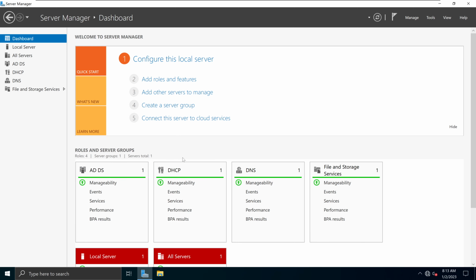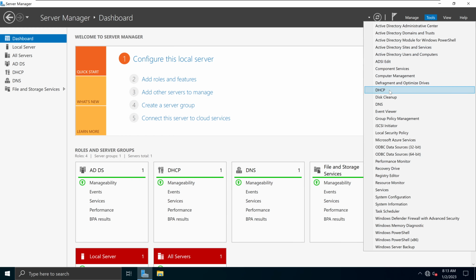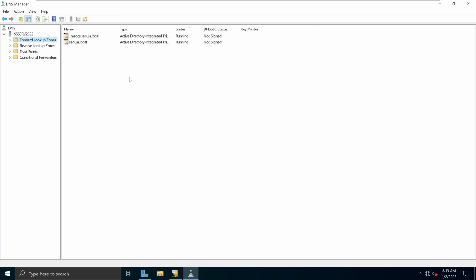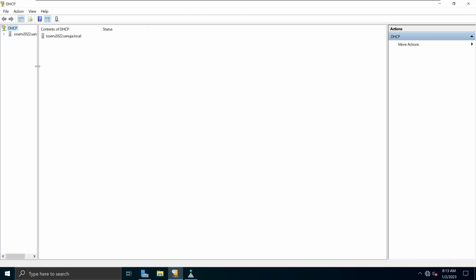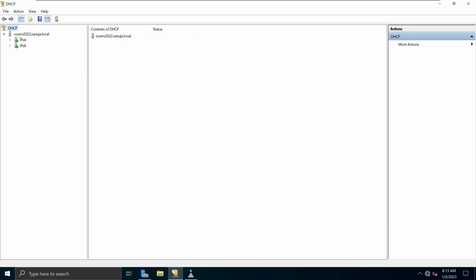But the DHCP and DNS servers are requirements that you have to have in order to run your WDS. So make sure before you go ahead and install your WDS that your DNS and the DHCP are working. So for me, on our DHCP, we see that the server 2022 local server has the DHCP scope